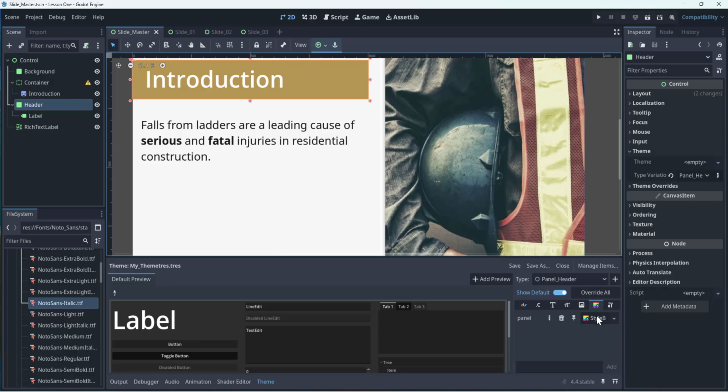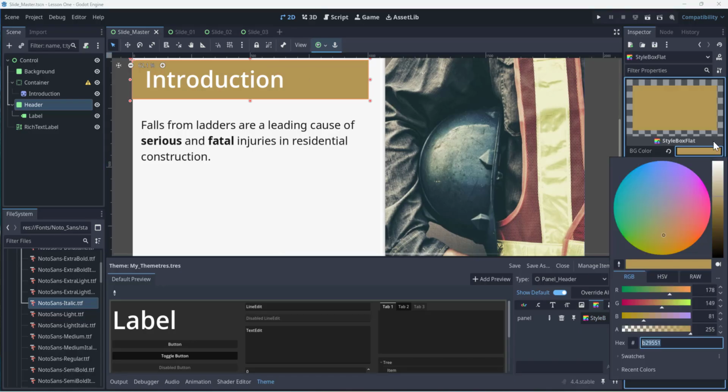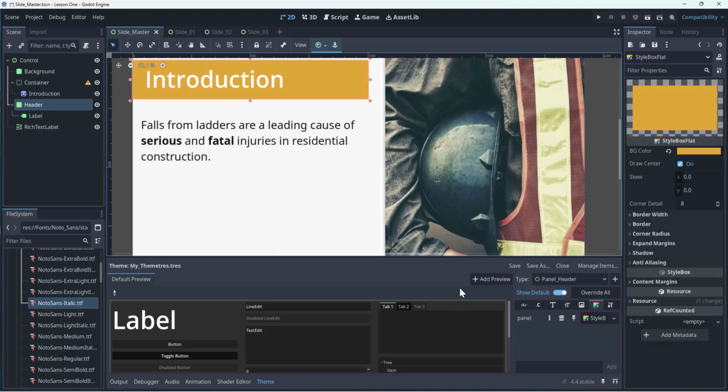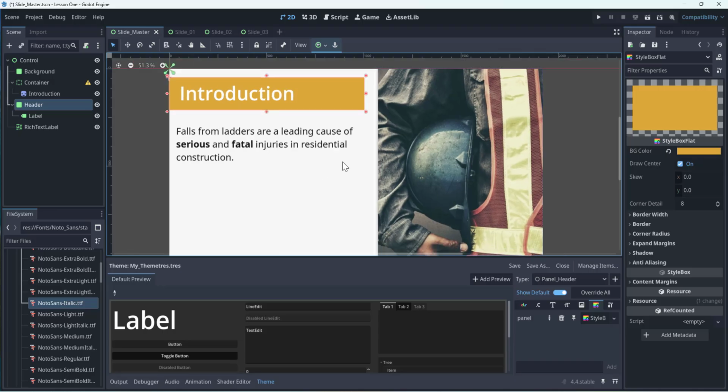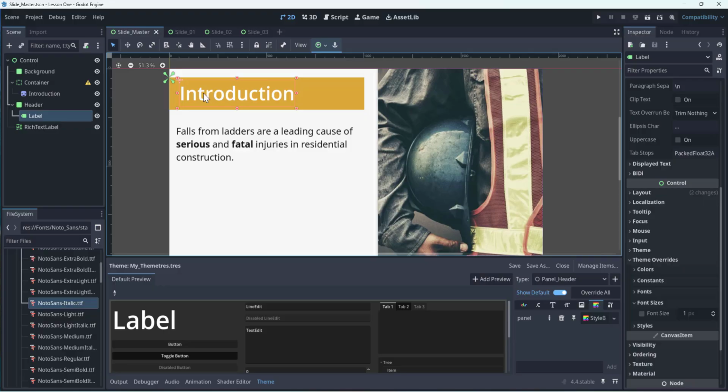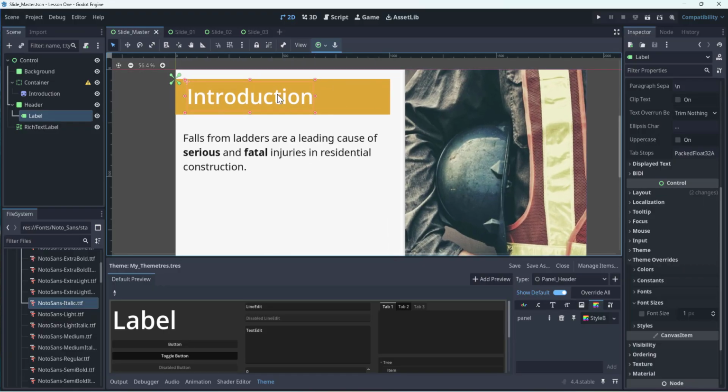All right, so we don't really like that gold color. We want more of a bright orange, construction yellow kind of color. All right, so that's how we're going to change that. And the text, all right, so the label, I'm not a big fan of the white on that bright orange, so we are going to